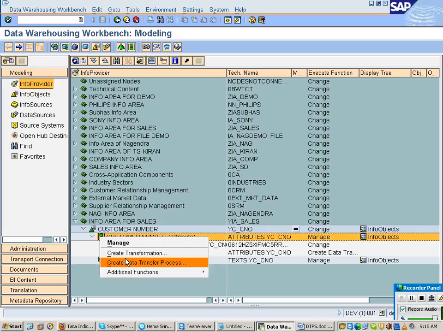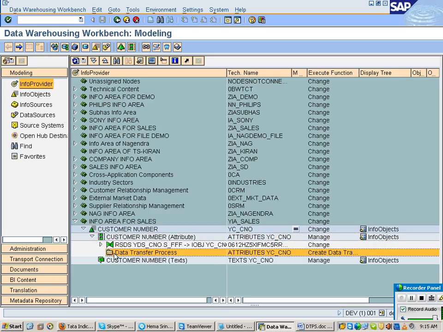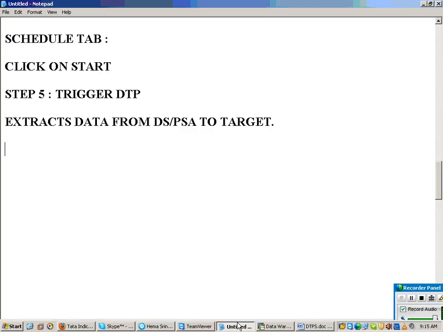Or expand your target, and the system proposes one DTP, based on your transformation. So just double click on this. But remember, one source and one target will have only one DTP. On a single source and a single target, I cannot create a second DTP. DTPs are source and target specific.